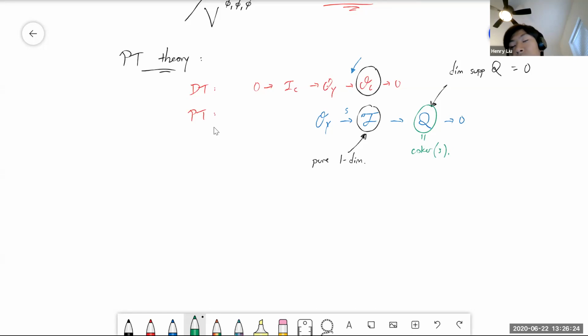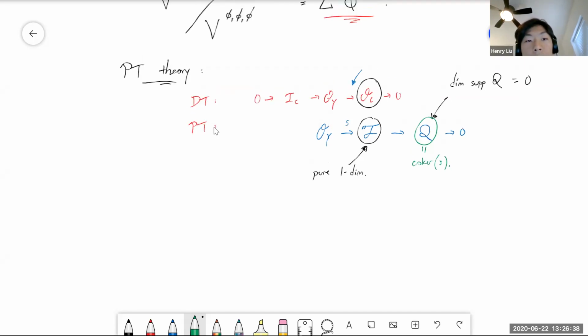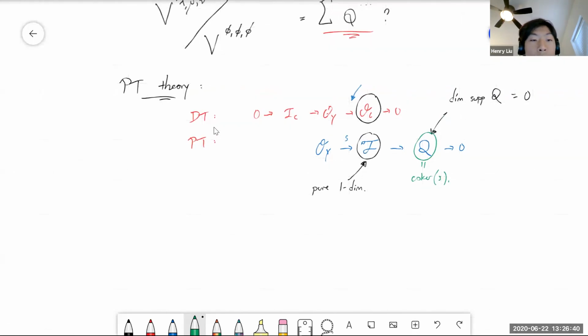So in some sense, we've constrained these free-floating points to lie just in your curve, as opposed to scattered around your ambient three-dimensional space. So you can write down a vertex for PT theory as well. I don't want to go into the actual technicalities of how to do that. And there's a DT-PT conjecture,